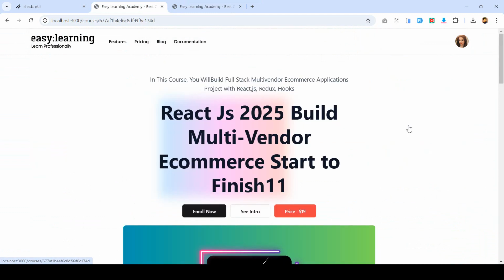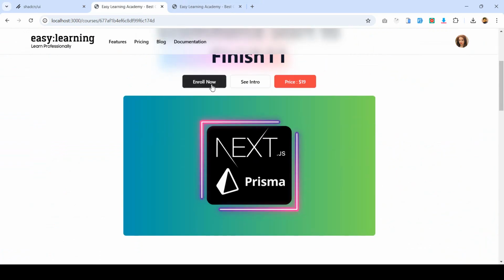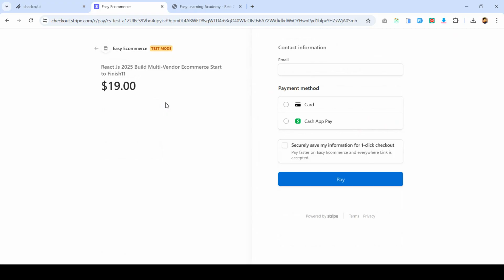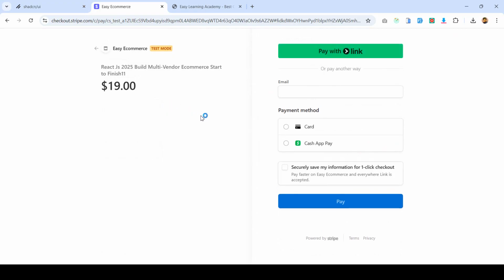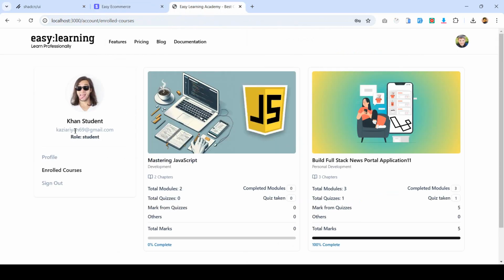Now if you go to our details page, from here I want to enroll, so click Enroll Now. And here I have also discussed how to send the mail. Our student will receive one mail, and our instructor will also receive one mail. Our student email address is